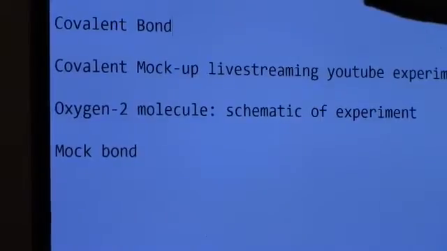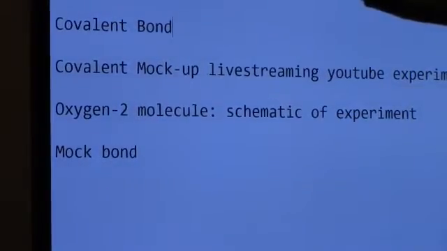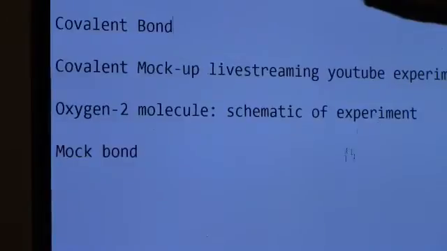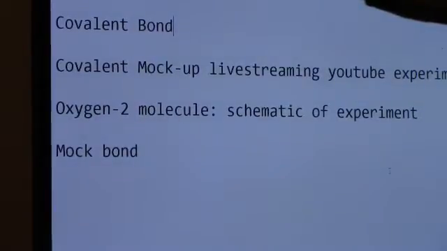All right, so I've got quite a bit of text over here, and I'm just going to talk about what you saw on the ropes. So this is about the covalent bond in physical chemistry, and this is a mock-up in a live demonstration of the experiment. And I showed you the schematic of the experiment for the mock bond, and the thing that